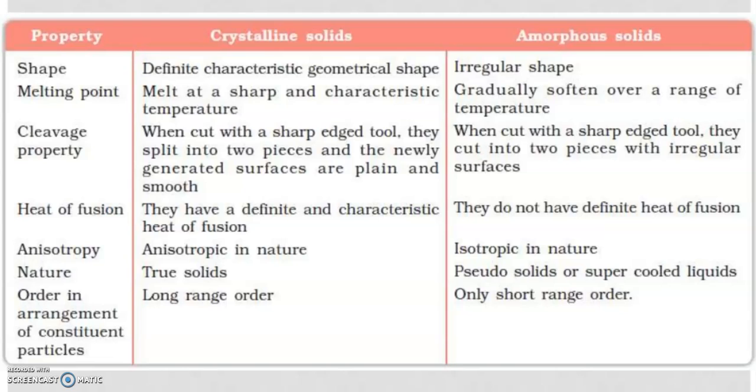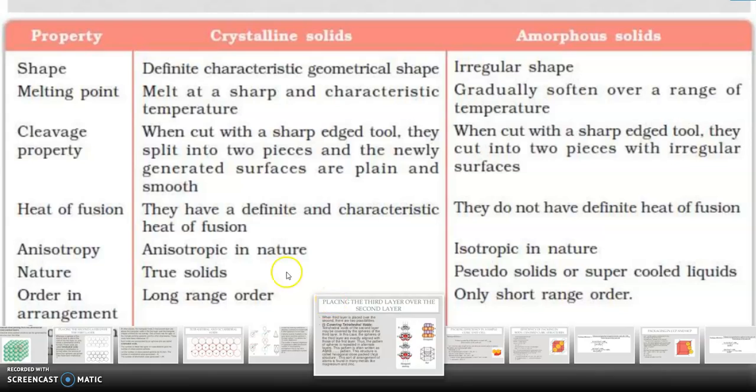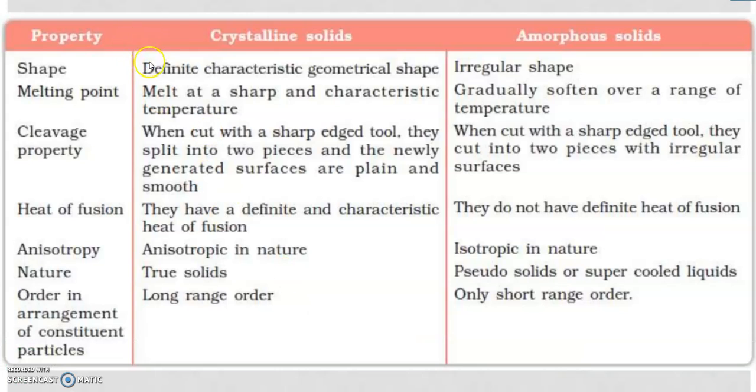So we can see a comparison between crystalline solids and amorphous solids. Shape: crystalline solids have a definite, characteristic geometric shape, whereas amorphous solids have an irregular shape. Melting point: crystalline solids have a high, sharp melting point, whereas amorphous solids don't have a definite one and gradually soften over a